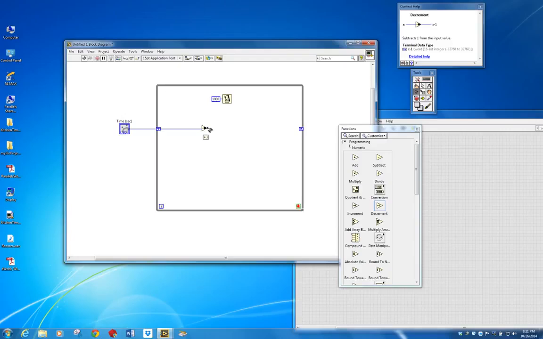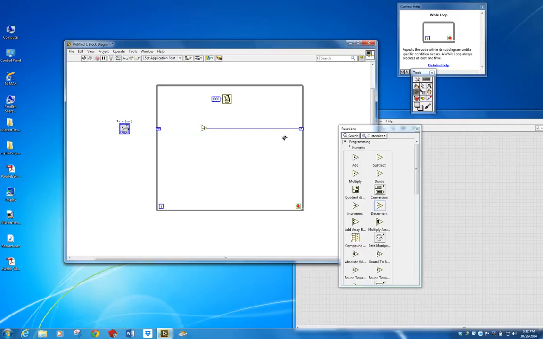So I'm going to grab the output terminal of this decrement node and pull it over to this right shift register. The functionality I've got now is that when LabVIEW starts up, it will read the value from the front panel control, which the operator will have set with his mouse. That value will be passed to this input shift operator for this while loop. It'll instantly be decremented, and so, for example, if the initial value from the front panel is 10,